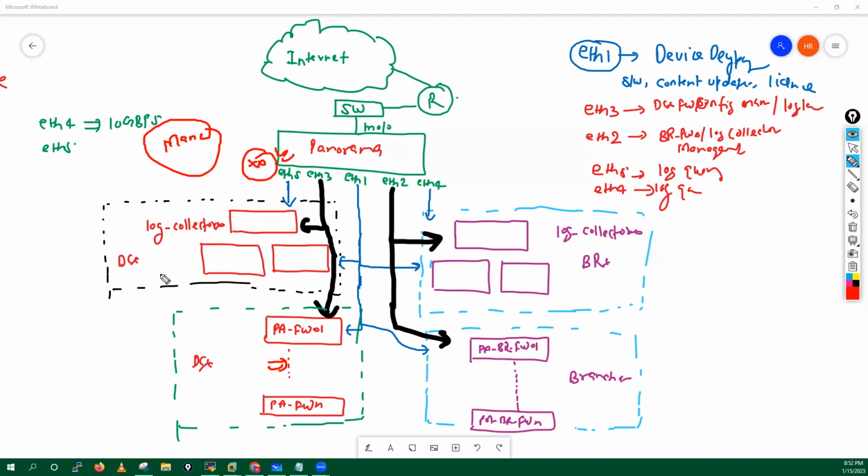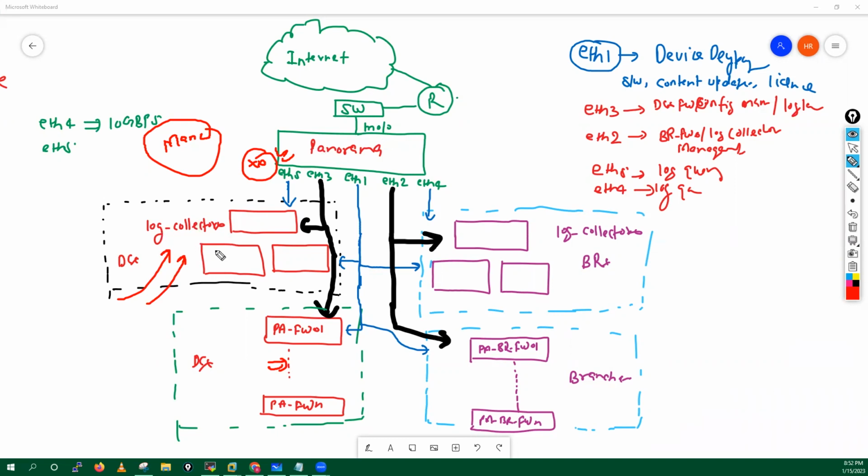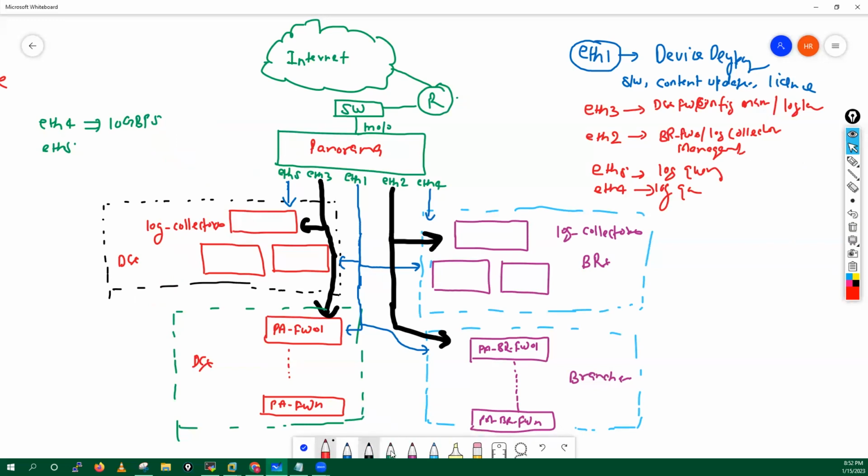No, we are not fetching the logs from Panorama. The firewalls forward the logs to the log collectors. Let me put this in a diagram so you will get some idea. The firewalls are forwarding the logs here, not to Panorama now.